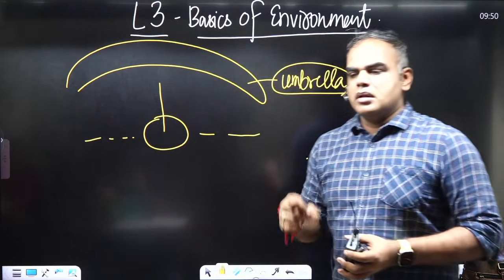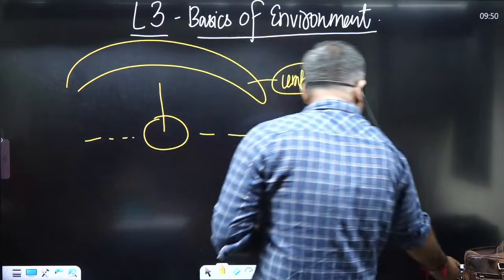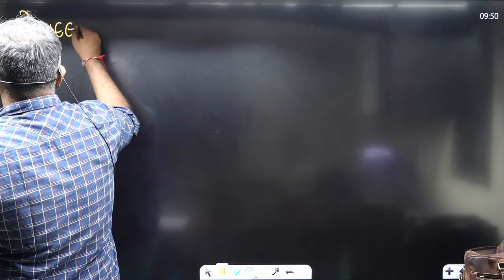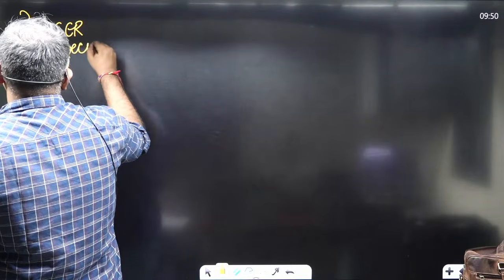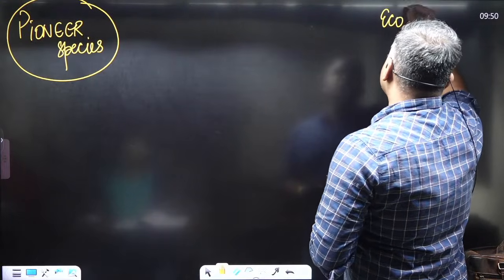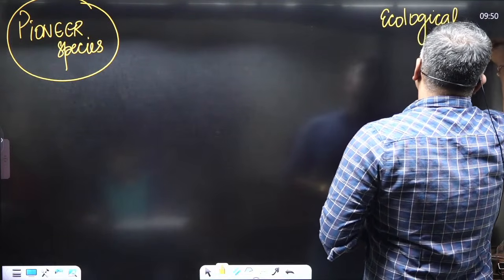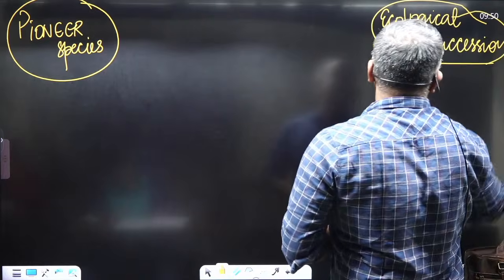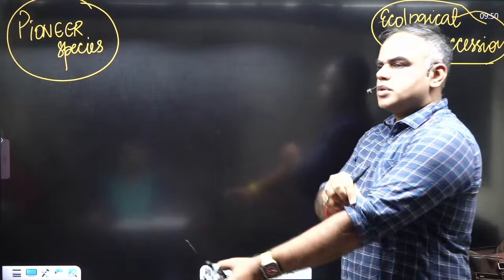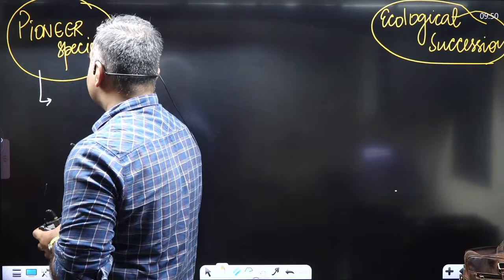Now I think we have to see two more species that I had written, and after that also there are a couple of species. So one species that we will see is pioneer species. Where you're writing pioneer species in your margins, this topic is also linked to ecological succession. We'll also see this again. This topic is linked to this, right? Ecological succession. Okay? Now here we will see some points.